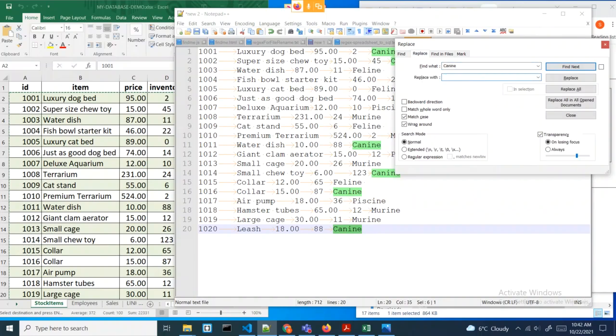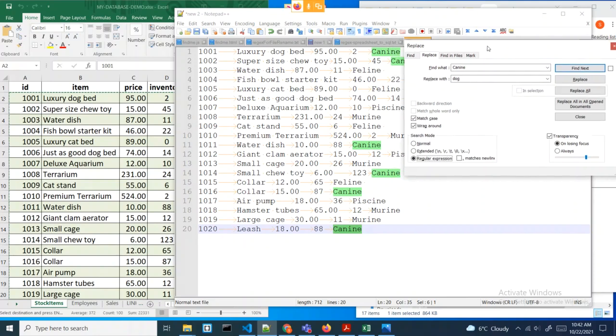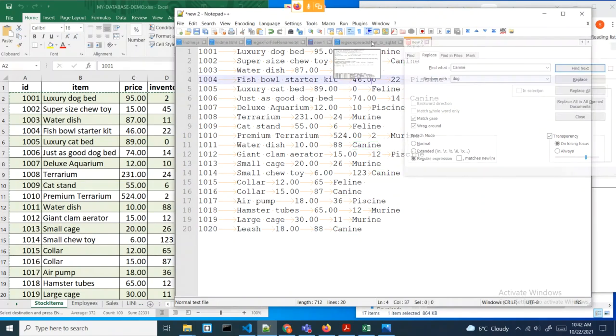In this case, we could replace all of canine with dog if we wanted to. So that's what the feature does, find and replace. But in this case, if you look down here, we've got search modes: normal, extended, which looks for line returns and tabs, or regular expressions. So I'm going to select regular expressions,